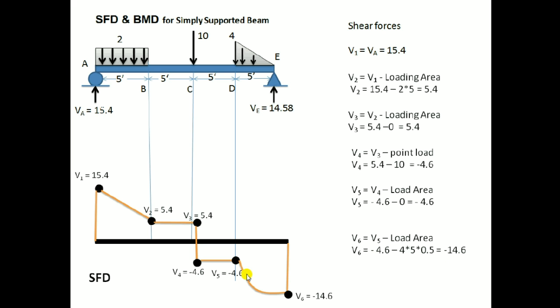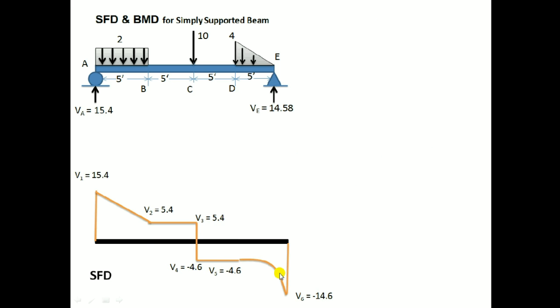Now how will we draw this curve? The end shearing force must be equal to the reaction over here. This one shearing force is equal to this one, and this end shearing force is equal to the reaction. Now how can we draw this curve? Either we draw like this or we draw like this. How will we decide it? This I will tell you now. I will draw the curve like this.